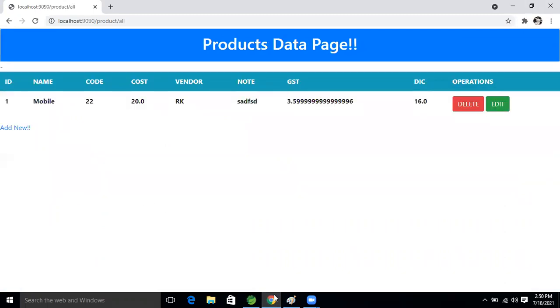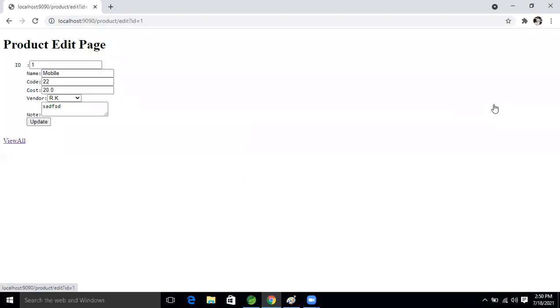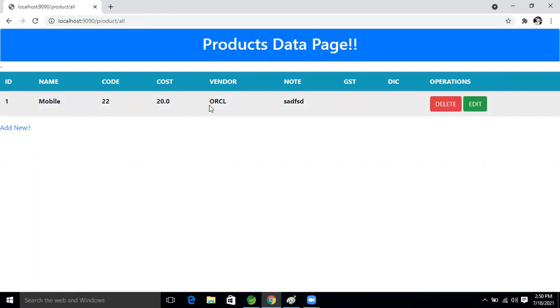Good. So here I'm going to edit the form, I'm editing the page. Here we took the mobile, but RK technology as RK we took an Oracle. Take the Oracle. Now update it. See, the Oracle data is updated right here.